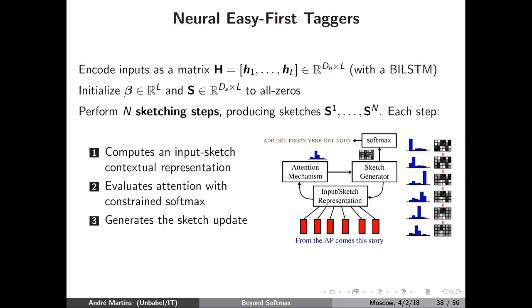So basically, if we know, okay, now I'm looking at this word, so now I need to update the column corresponding to that word. We are going to do these updates continuously using all the attentions, not just for the word that receives the most attention. This is refining our sketch view of what our outputs are going to look like. And then after we perform all these steps, we go through a softmax, and this is going to produce the final sequence of part-of-speech tags. So this is the main idea.